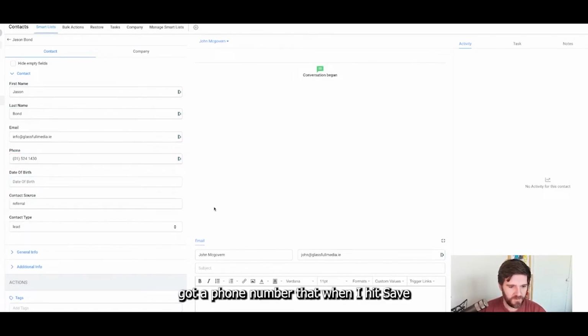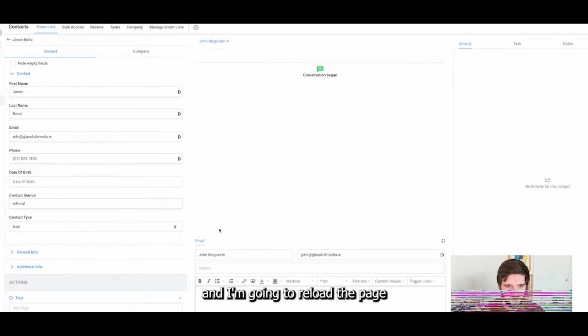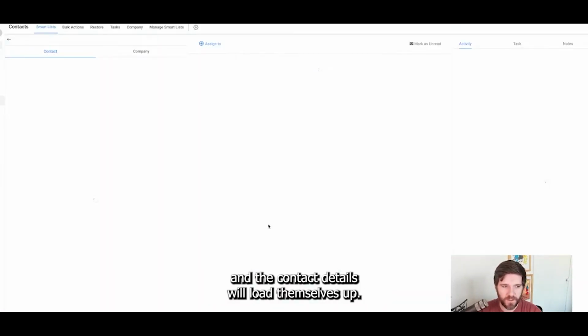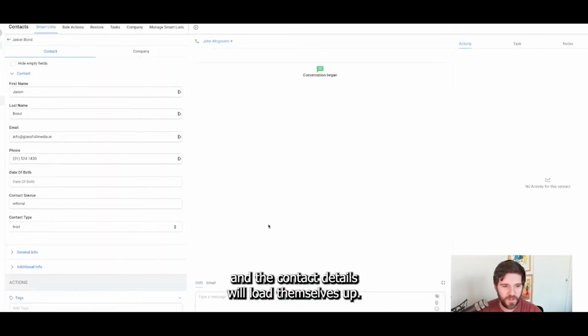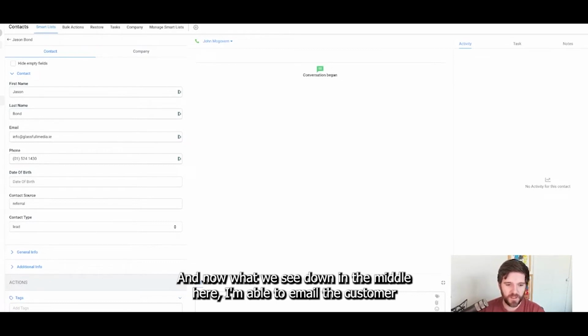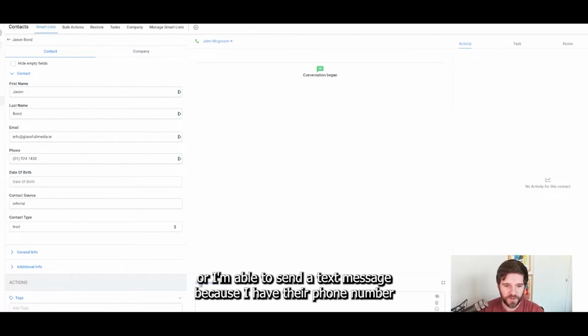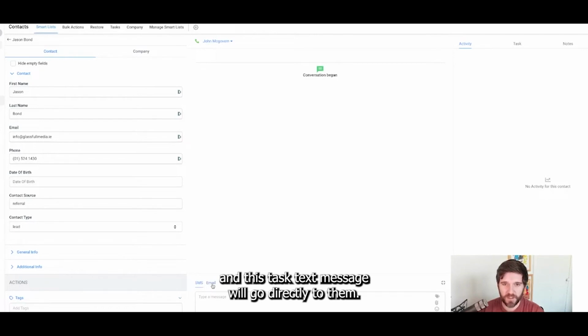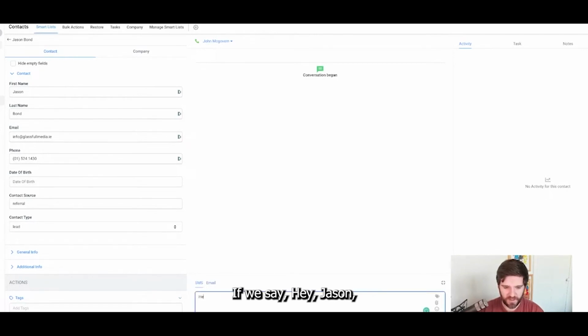If we have a phone number for this, okay, we've got a phone number there. I'm going to hit save and I'm going to reload the page and the contact details will load themselves up. And now what we see down in the middle here, I'm able to email the customer or I'm able to send a text message because I have their phone number. And this text message will go directly to them. If we say, hey Jason,